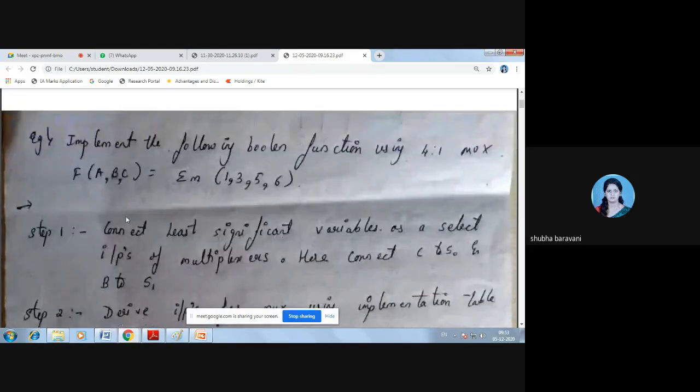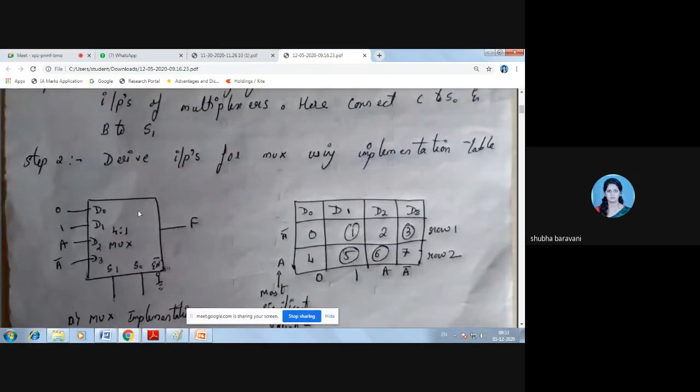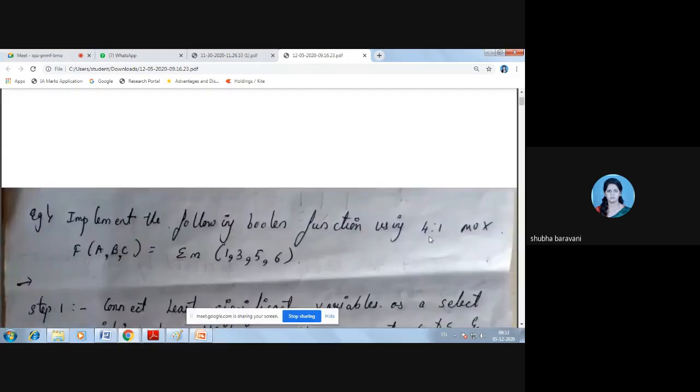Okay? So what you have to do here is, see, for a 4:1 mux how many inputs are needed? How many inputs you need for a 4:1 mux? 4 inputs, which means 2 power 2. It means 4 inputs and 2 select lines.